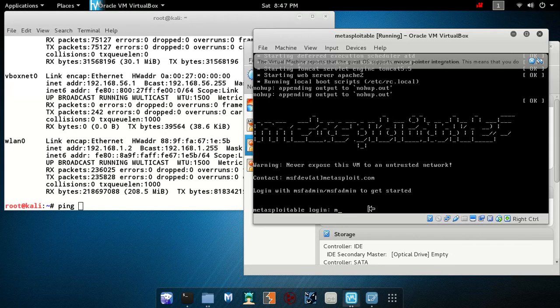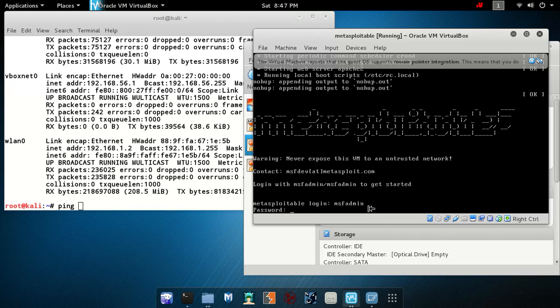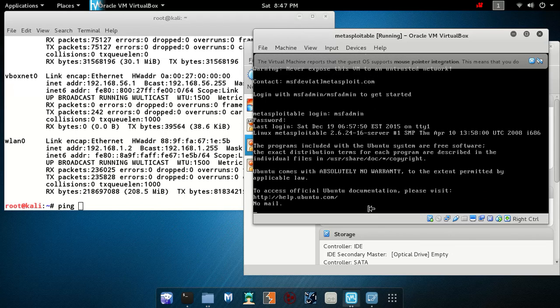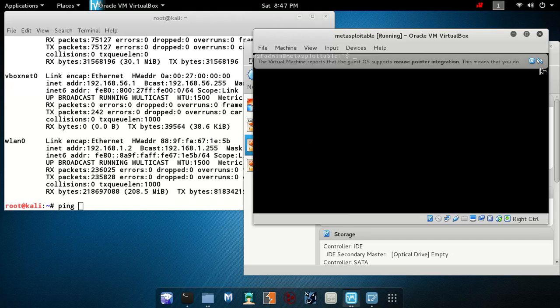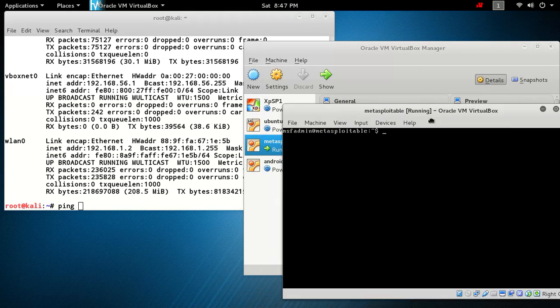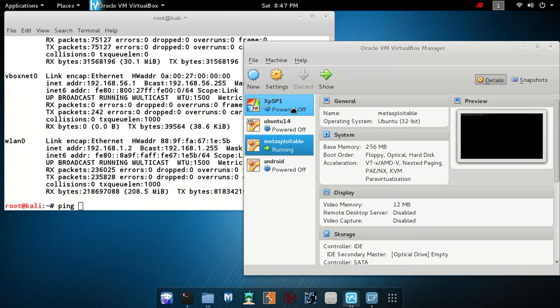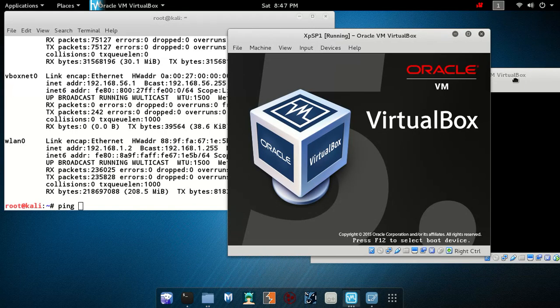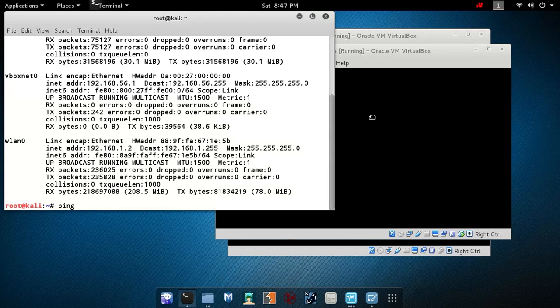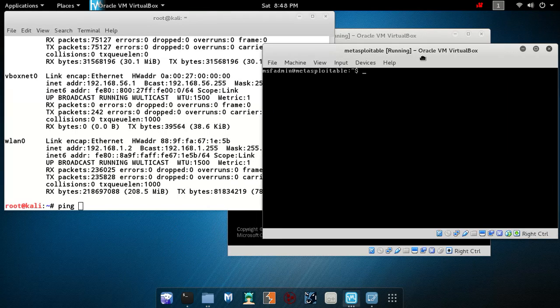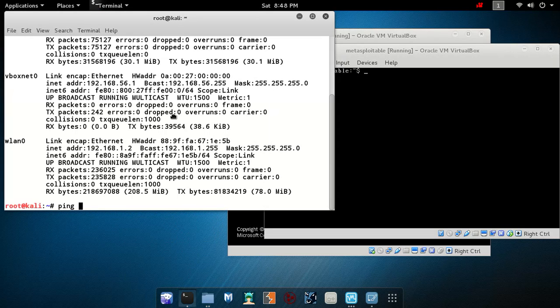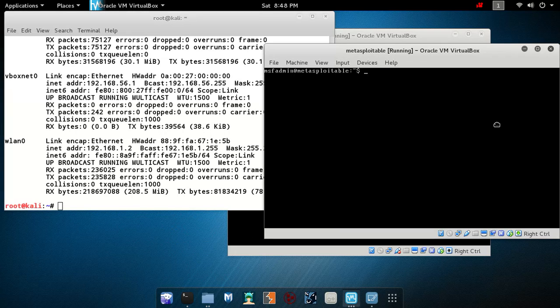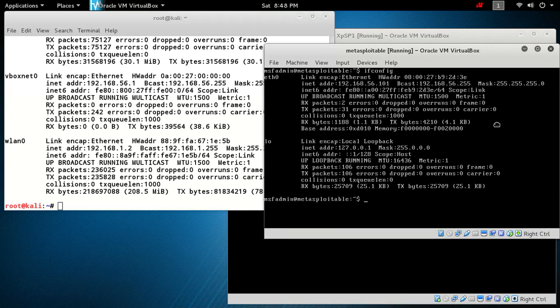So okay, I have my Metasploitable open. Till then I'll start my XP. Let's start it. Now we can check the connectivity between the Kali laptop and the Metasploitable. First go and check the IP of this Metasploitable. It has only one IP,